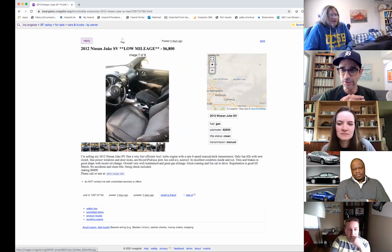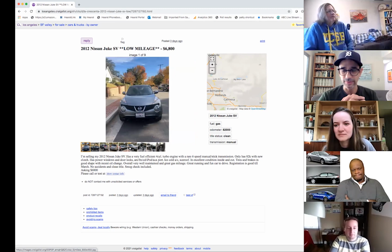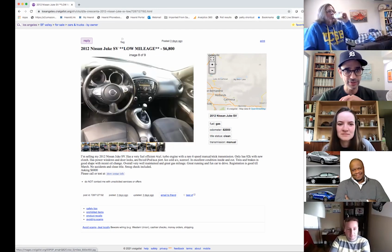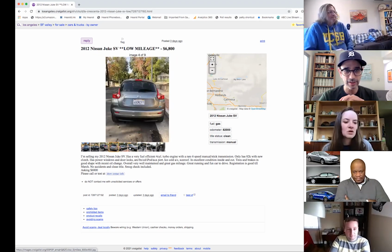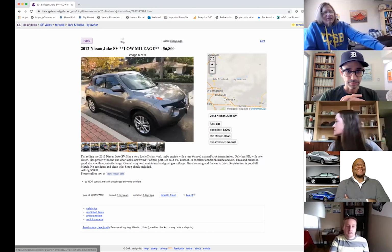We had a long-term Juke. Wasn't it a manual or was it an automatic? That was before my time. Oh, it was. Well, this is an original California car. That 6V plate dates back to late 2011, early 2012. I'm just suspicious of the stains on the seat, the wear in the wheel. Yeah, the interior wear is a little...